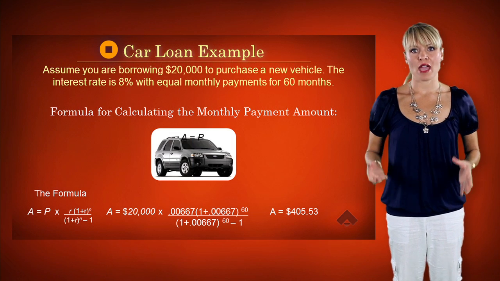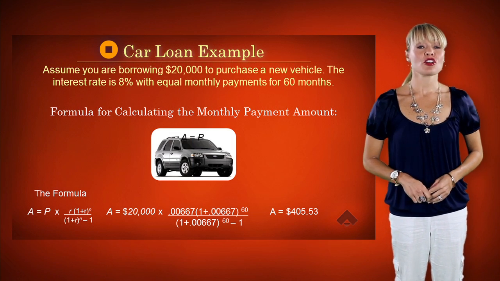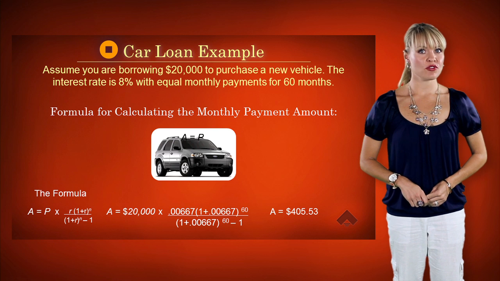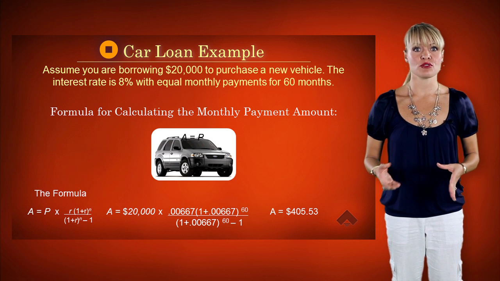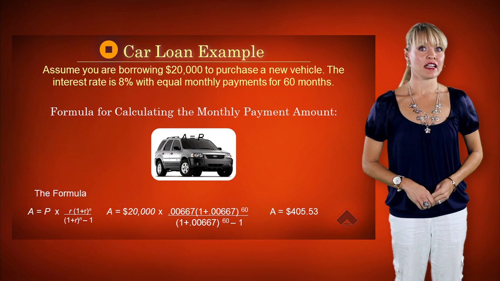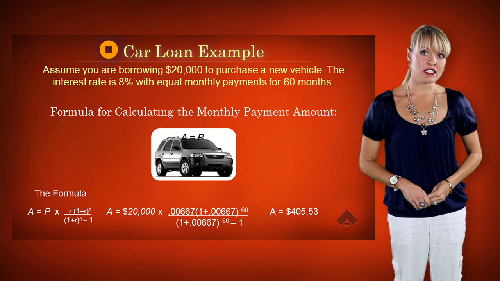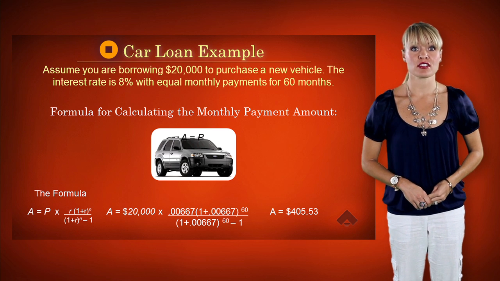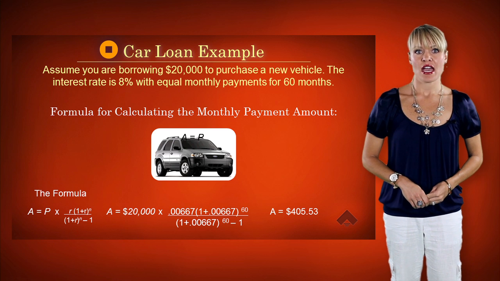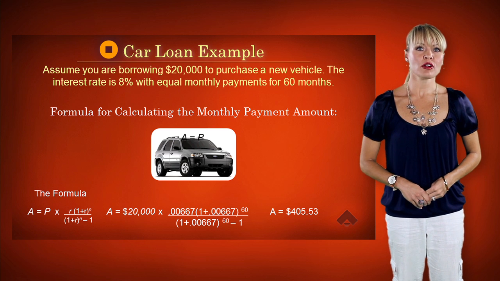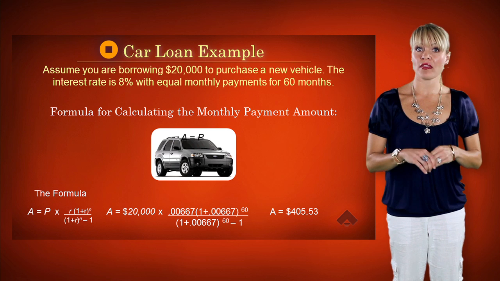Exactly how is a loan payment calculated? Let's use a car loan as an example. Assume the cost of the car is $22,000. The down payment is $2,000 and the amount financed is $20,000. The interest rate on the loan is determined to be 8% based on the lender's assessed risk of this particular loan, and the repayment period is 5 years or 60 months. The borrower can expect to make 60 equal monthly payments of